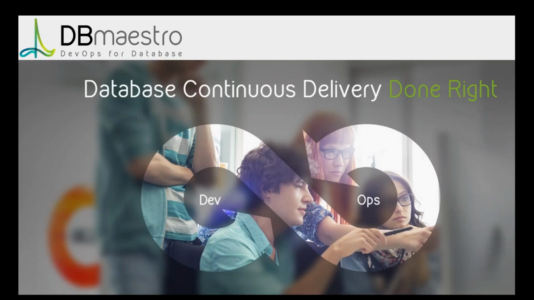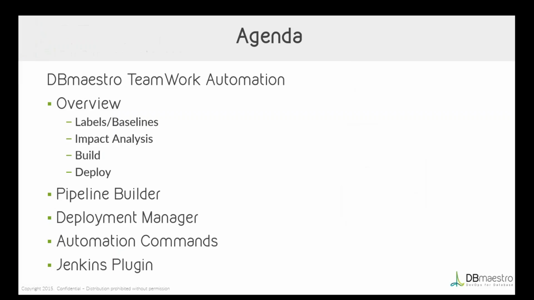Okay, so now what we're going to do is drill in a little deeper into the automation. The automation has been greatly enhanced over the last couple versions, so we're going to talk about an overview of automation, using labels and baselines, and what happens with the impact analysis and the build and deploy in general. And then we'll drill specifically into the pipeline builder, which is new, the deployment manager,